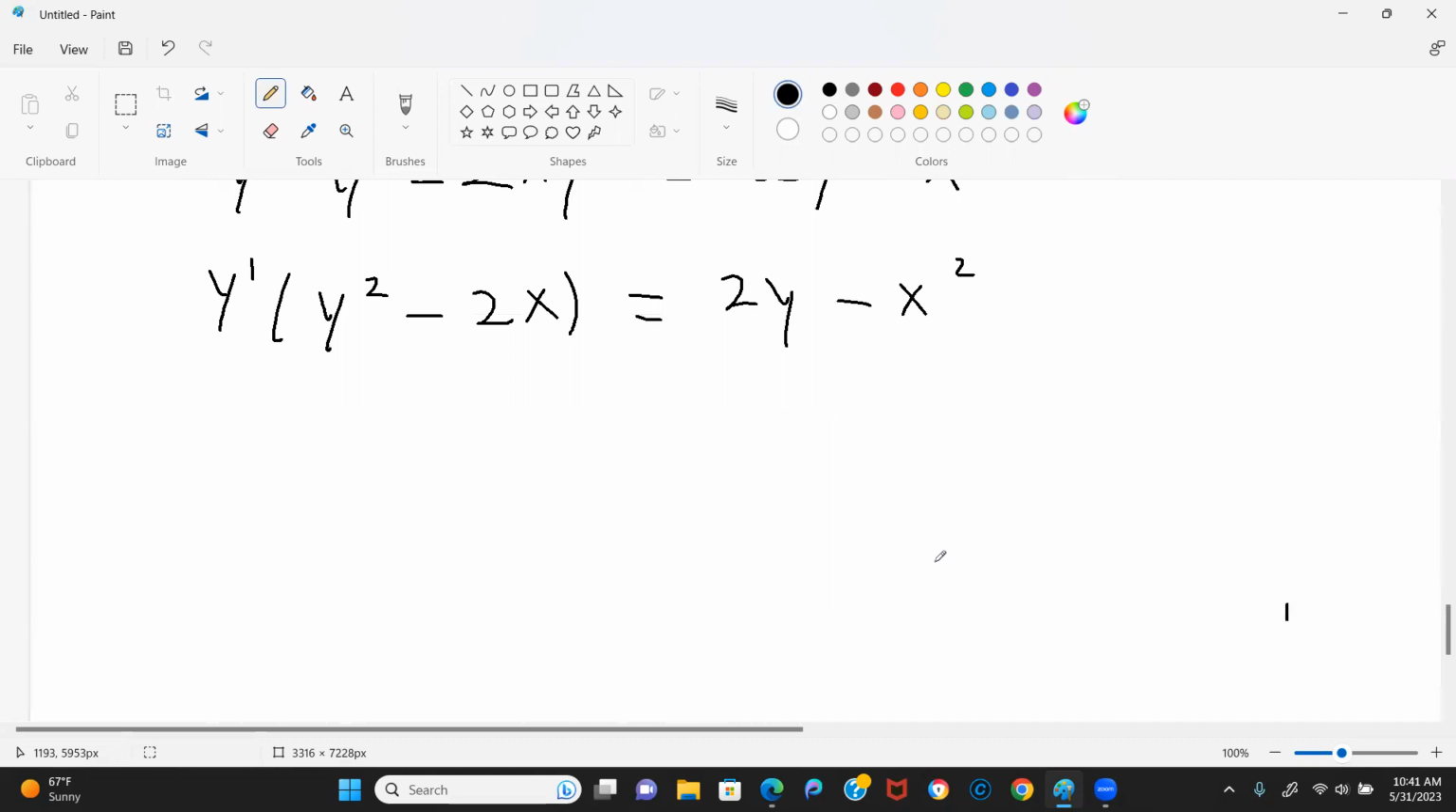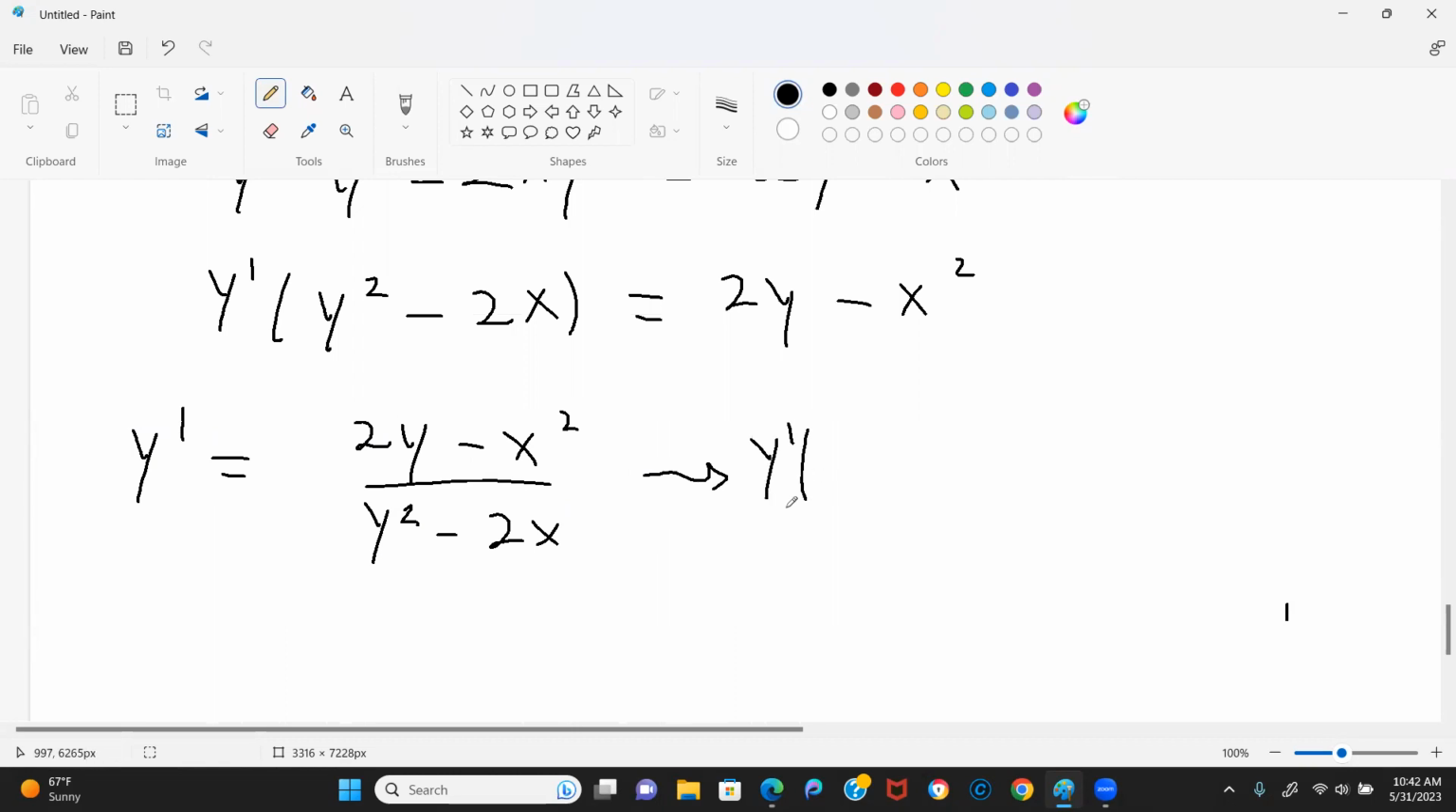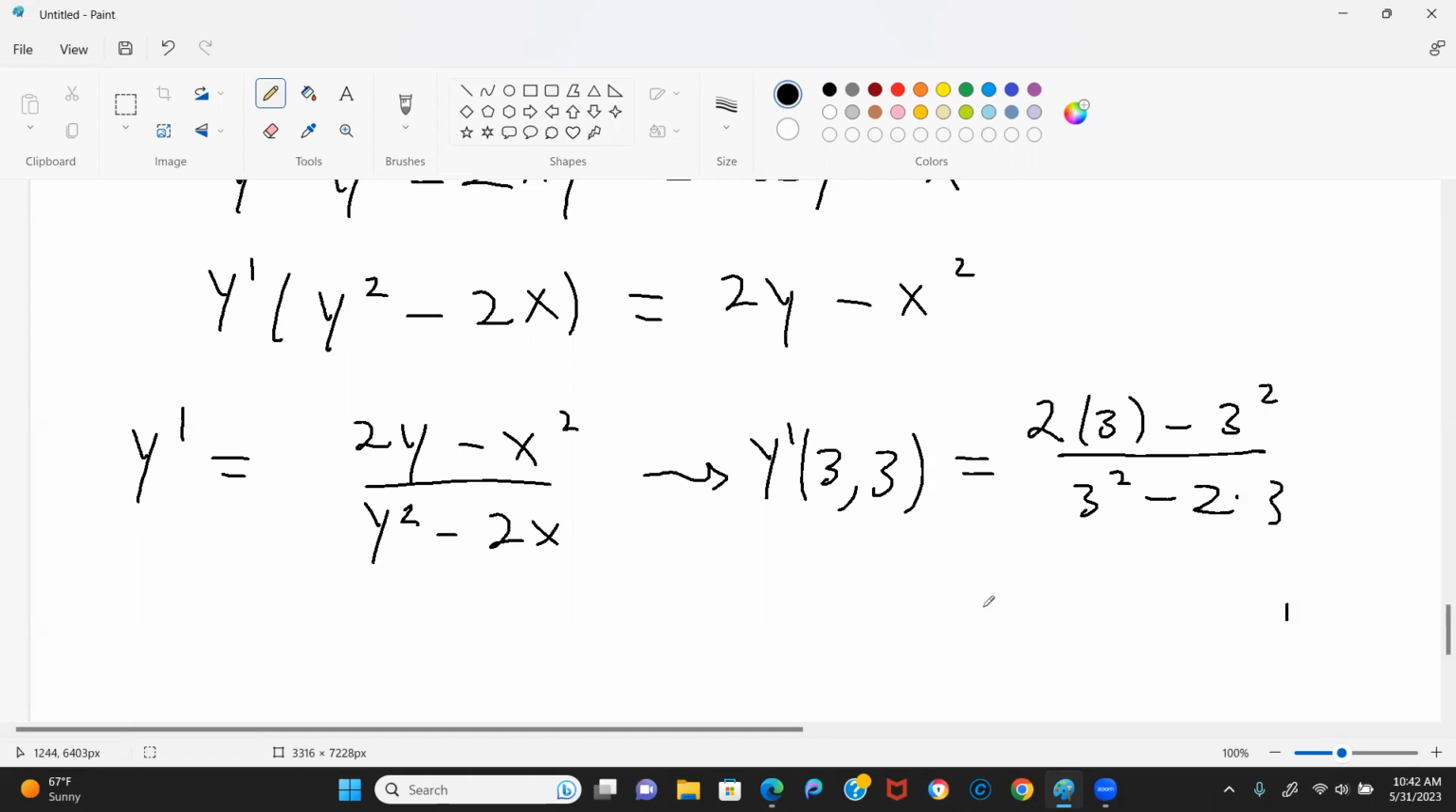And then now I can finally solve for y prime. So y prime is going to be equal to (2y minus x squared) over (y squared minus 2x). And so if I evaluate y prime at the point of interest, which is (3, 3), I can get the slope of the tangent line at this point. So it's going to be (2 times 3 minus 3 squared) over (3 squared minus 2 times 3), which is,